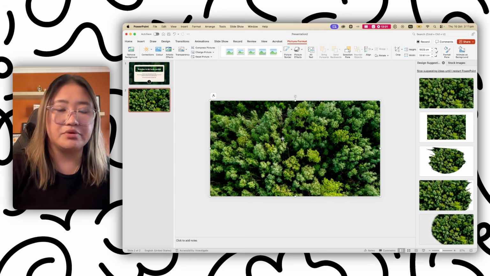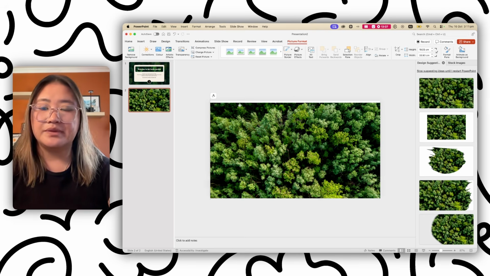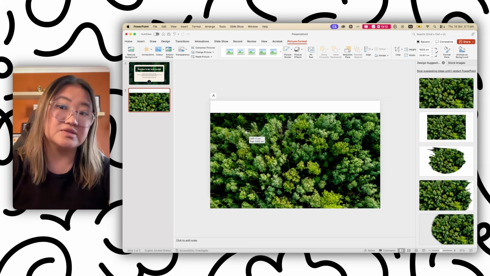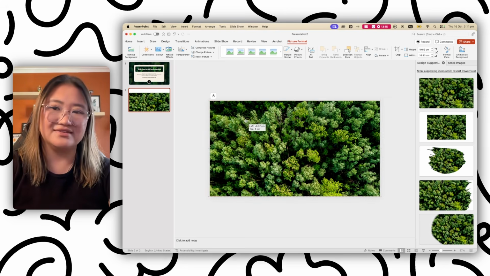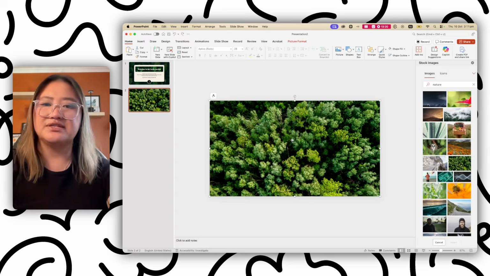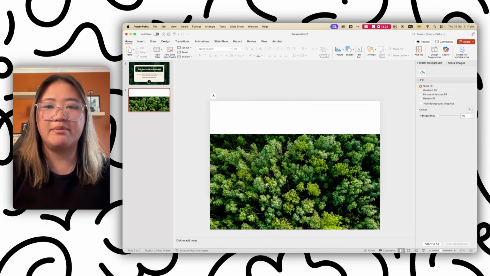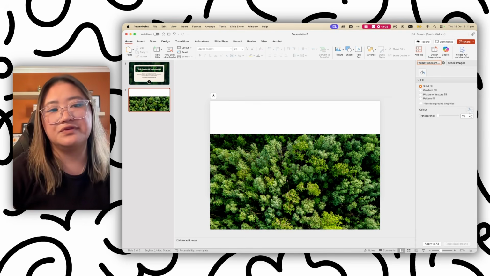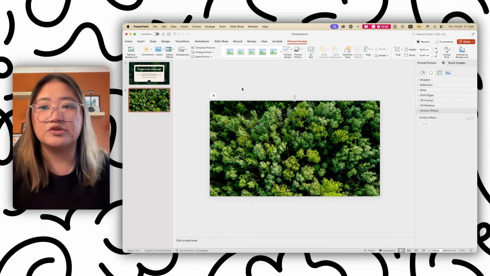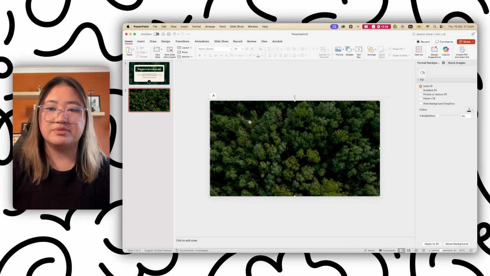Again, this is quite bright at the moment. Let's do the transparency of the graphic. If I were to reduce the transparency right now of this graphic and the background is white, it's going to make it brighter and lighter. So I'll show you what that looks like. And this is not what we want. We want a dark, moody vibe. So you can right click the background, format background, and change that solid fill color to black. So now when we do our transparency, if we were to do, there you go, 30% or 50%,